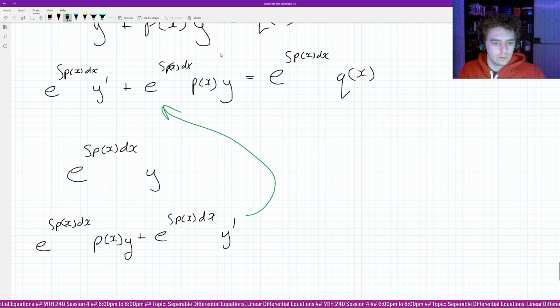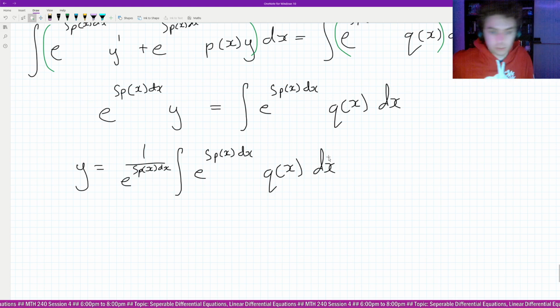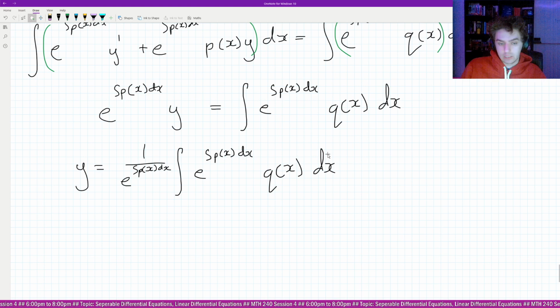And we're one step away from our final solution, which is y equals 1 over e to the integral p of x dx times the integral, I'll just copy and paste it, times this integral. And there's our solution. That will work for any linear differential equation. This formula right here is the solution. So really, you could just plug into that if you wanted to. I don't see why not, unless it's somehow confusing. As long as you know where the formula came from, that's always good to know. But other than that,